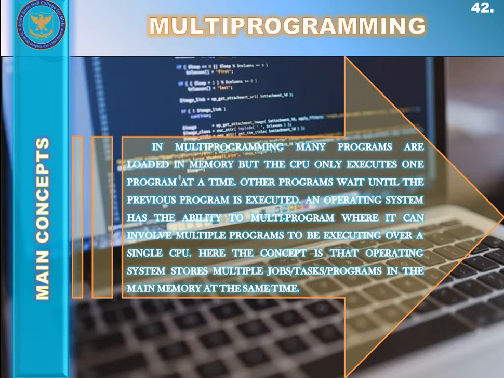Ultimately, if one job belonging to a program has to wait for a specific time period for some other task to finish, like an input-output operation or other instruction, the CPU switches to the other task or job belonging to the same program for that time period. Regardless, in a non-multiprogramming system, the CPU must be resting in an idle state. But in a multiprogramming operating system based environment, the CPU is not resting at all, because the CPU is switching back and forth between multiple tasks and jobs for execution.